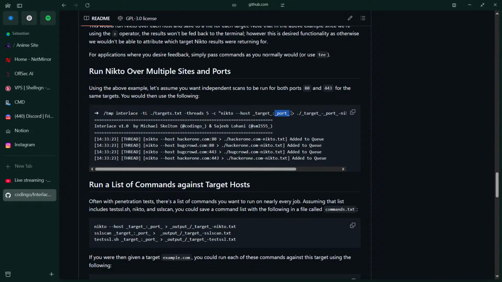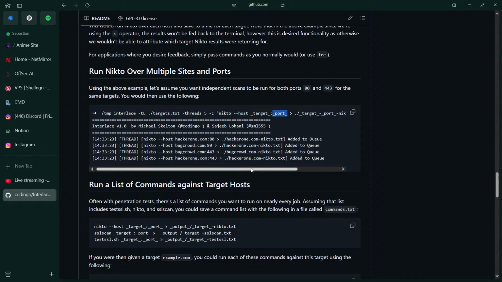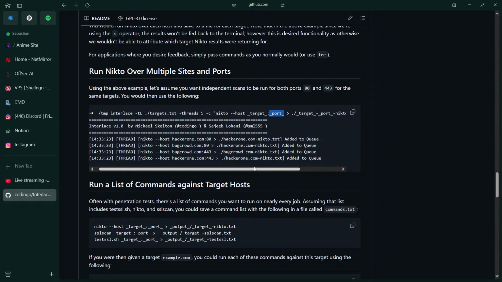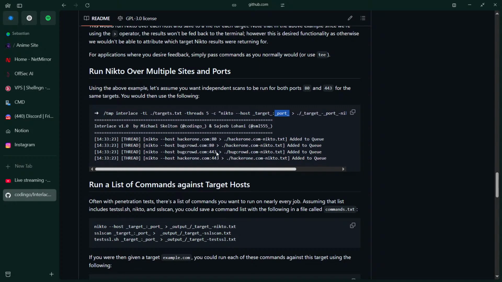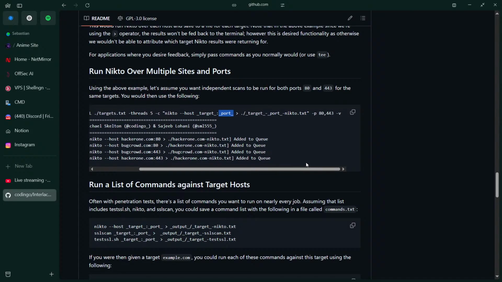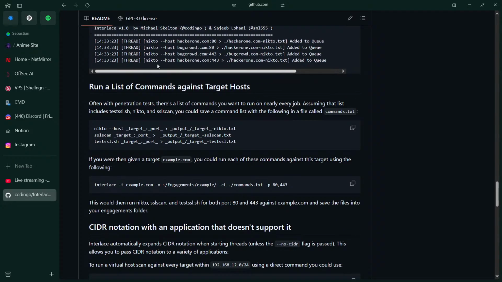But where is this port coming from? I don't know. Oh, we're specifying the port here with hyphen P. Okay, this could be a really useful case for other things, but for now we really don't have